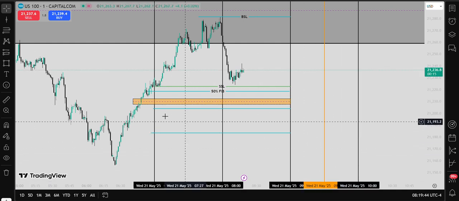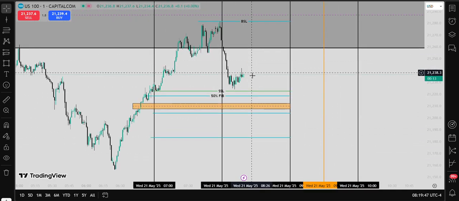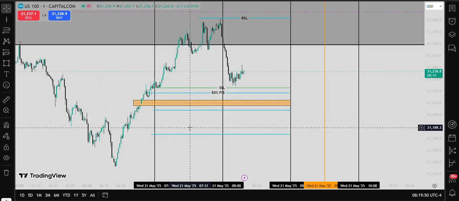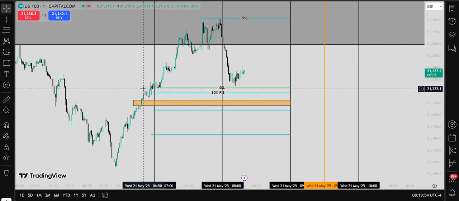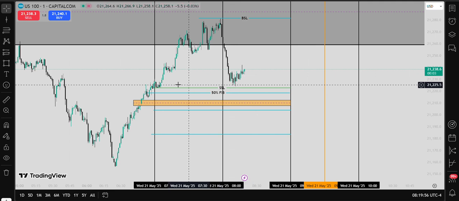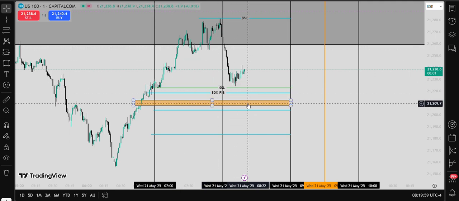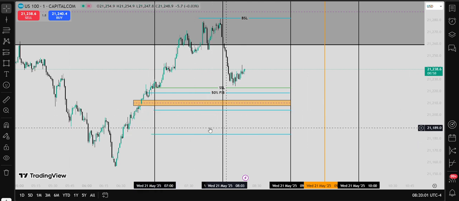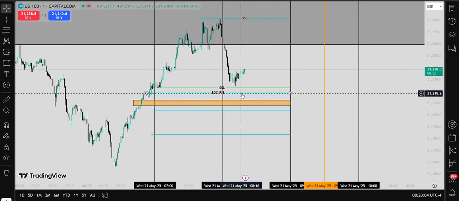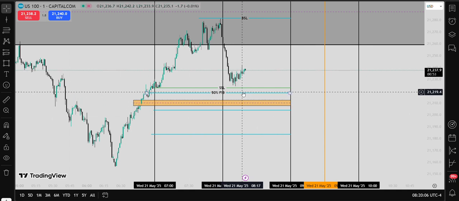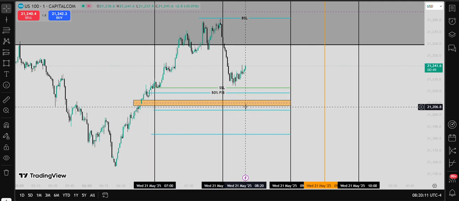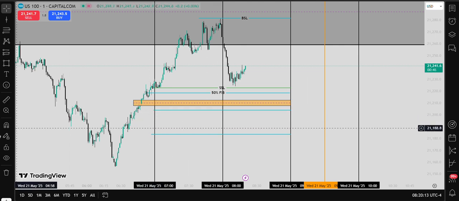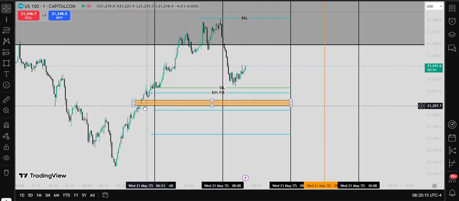It's on a Wednesday. Let's see, because I want to know how my emotions would run if I was to take this trade. For instance, why should I buy right here? Why should I sell right here? And suppose I was to take a buy below the 50% retracement, what would be my reasons? To confluence that reason, I always need some price and time at the same time,